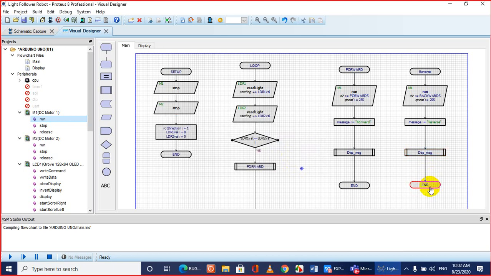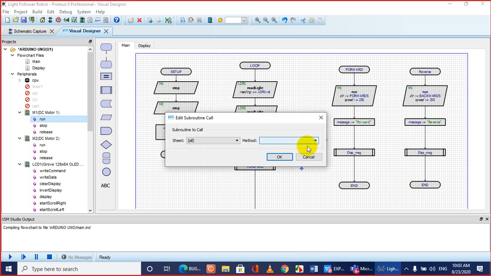So this is the forward function, this is the reverse function. So when the first LDR value is less than LDR 2 value, then we will call this reverse function.